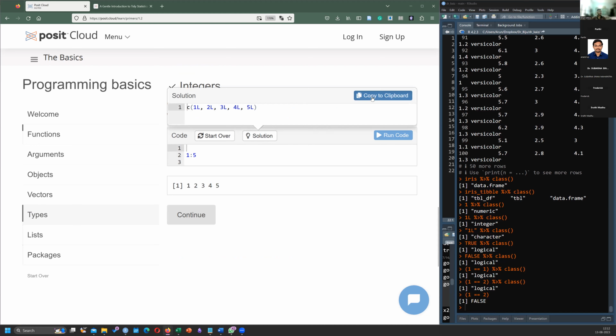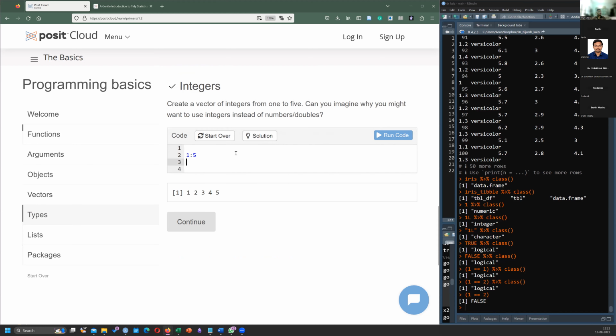When you say this, if I ask its class now, what's its class going to be? Integer. It's asking to create a vector of integers.